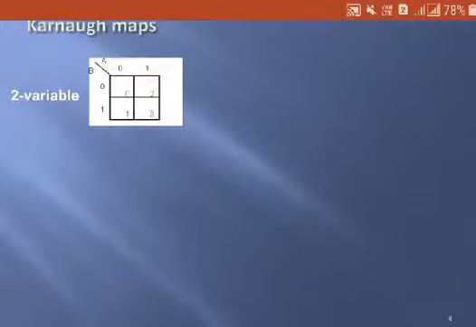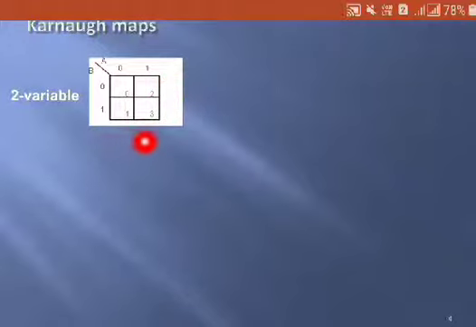So the pictorial or visual representation of the truth table is nothing but the K-map. Instead of representing the function with the help of a truth table, this is another representation which is mainly used for simplification of the given function. So this is how a two variable K-map looks. Remember, a two variable K-map consists of how many cells? It is 4 cells, which is nothing but 2 squared.